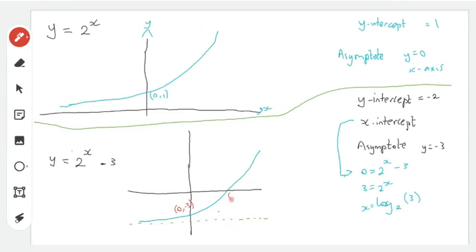Your x-intercept, well, we've got x is log to the base 2 of 3. So (log to the base 2 of 3, 0). And then we've also got the equation of the asymptote, which is y equals -3. Cool. So those are the kinds of things you can expect when you're shifting the graphs up and down. Now let's also look at